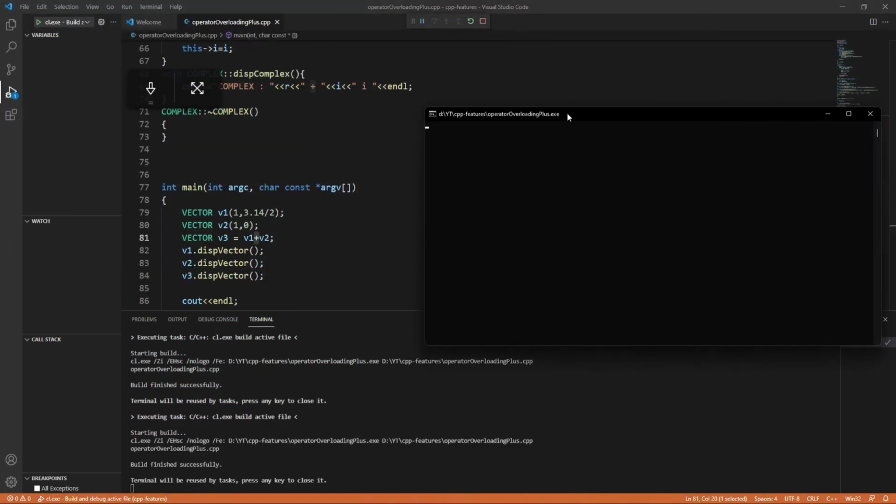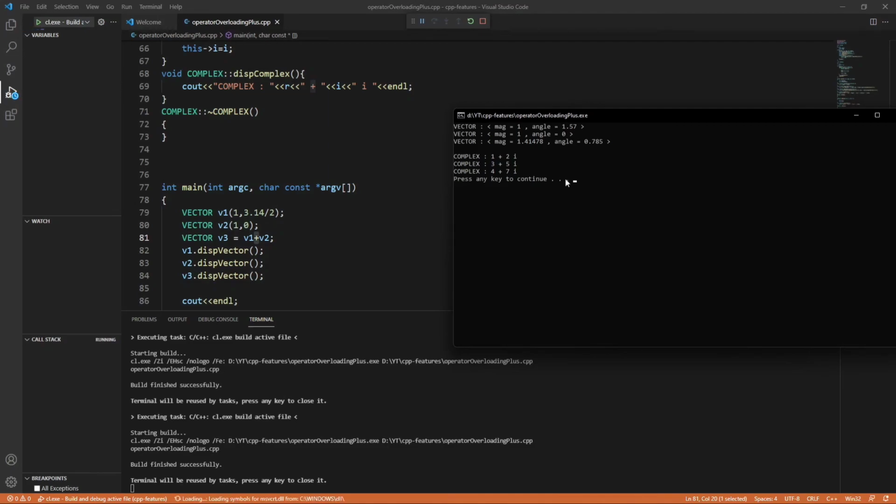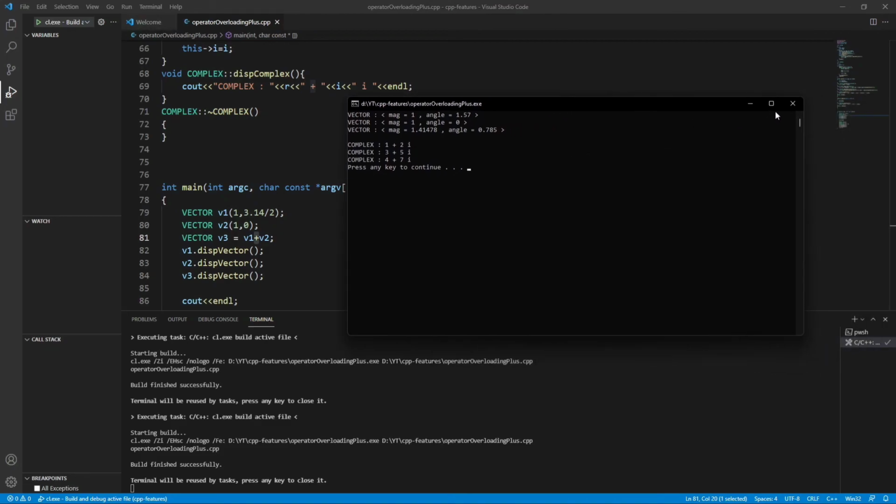This is what operator overloading is. Let's see the output. I have modified some part, so you can see some extra things here. 1 plus 2, 3 plus 5. So that's what operator overloading is.